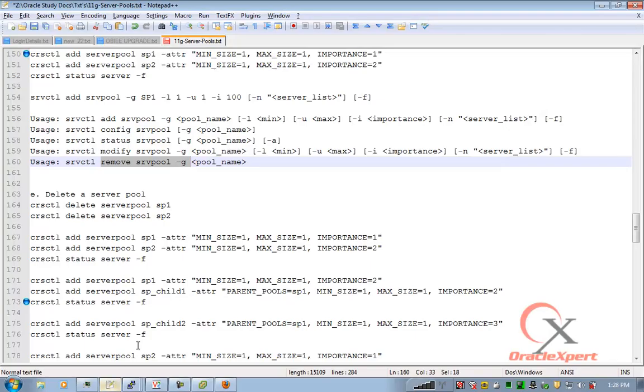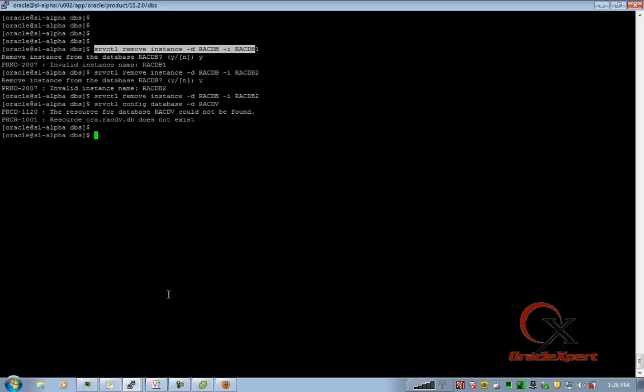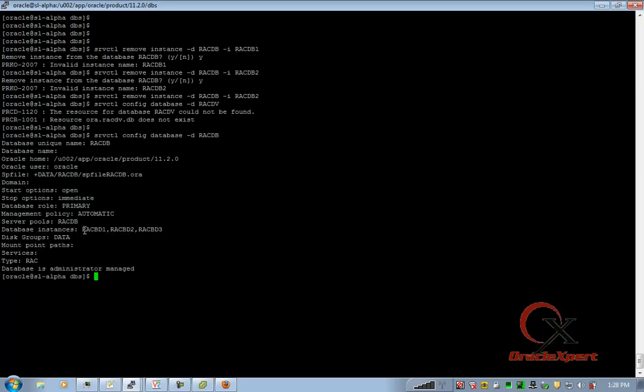I also think the same now. Some typo might have created this problem. I am saying srvctl config database -d RACDB. The problem is with the instance names. So we know now.